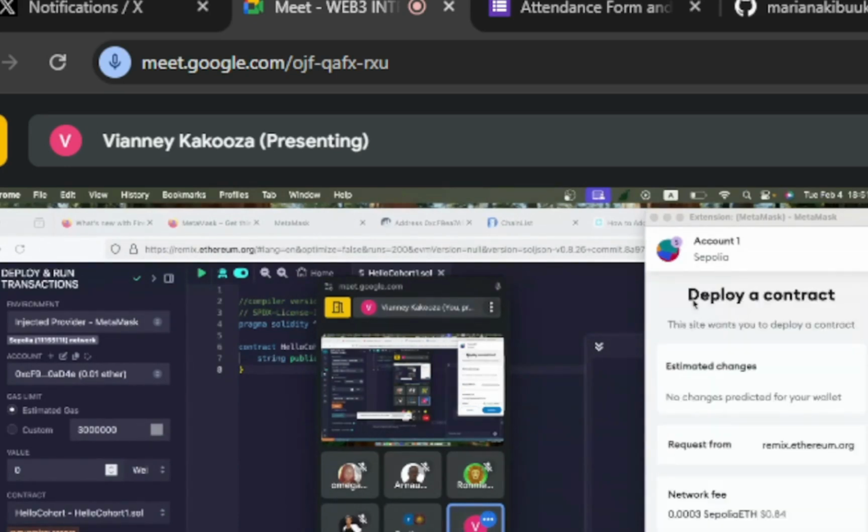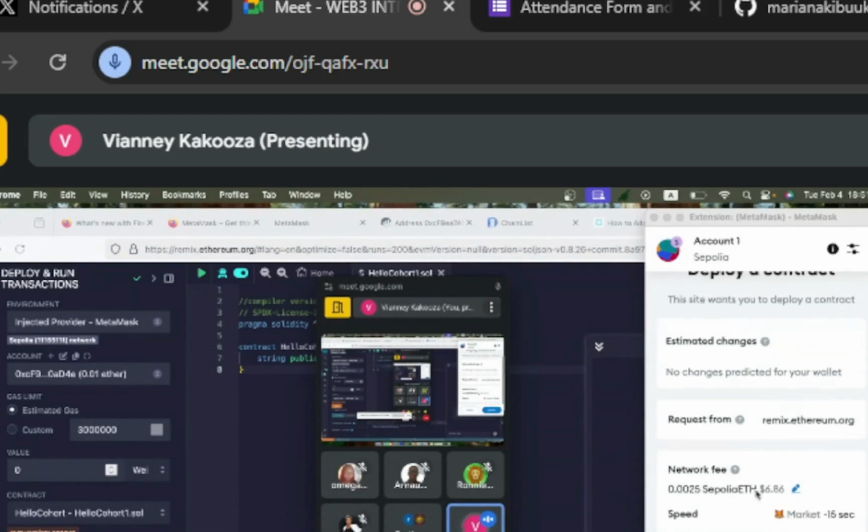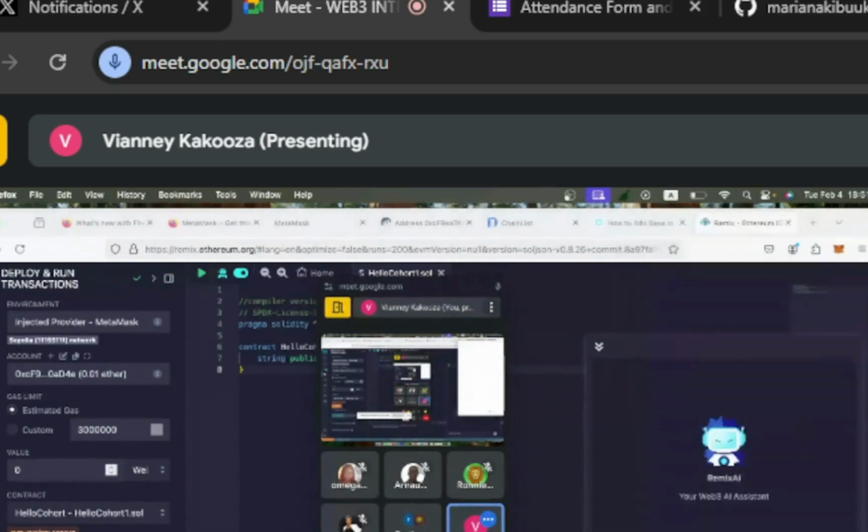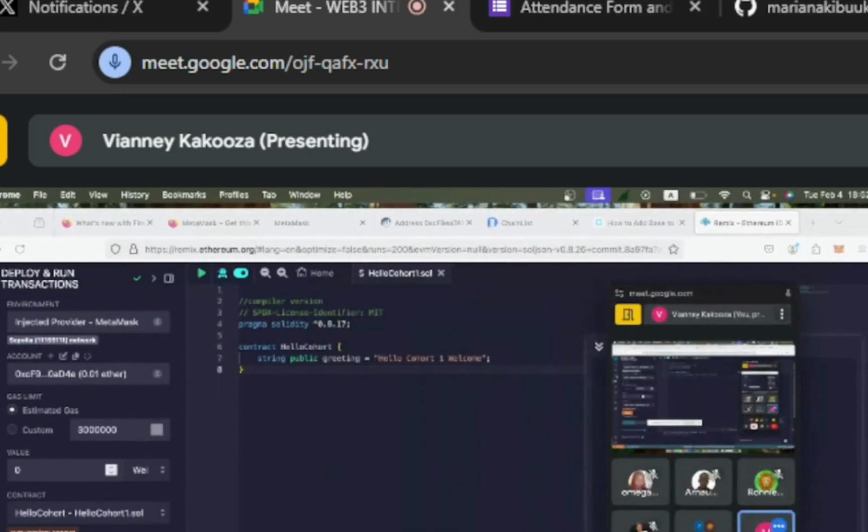I encourage us to always read what these words are saying. This site wants to deploy a contract. Estimated changes, no changes predicted. So network fees is this. Speed. Okay. So I'm deploying, and down here,